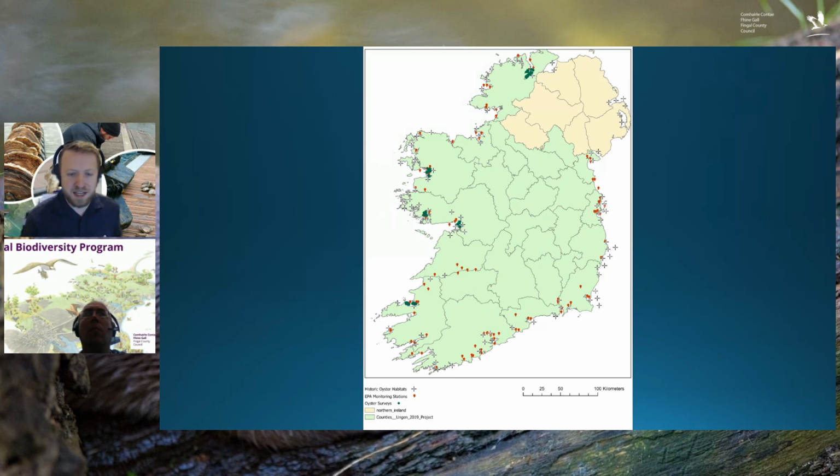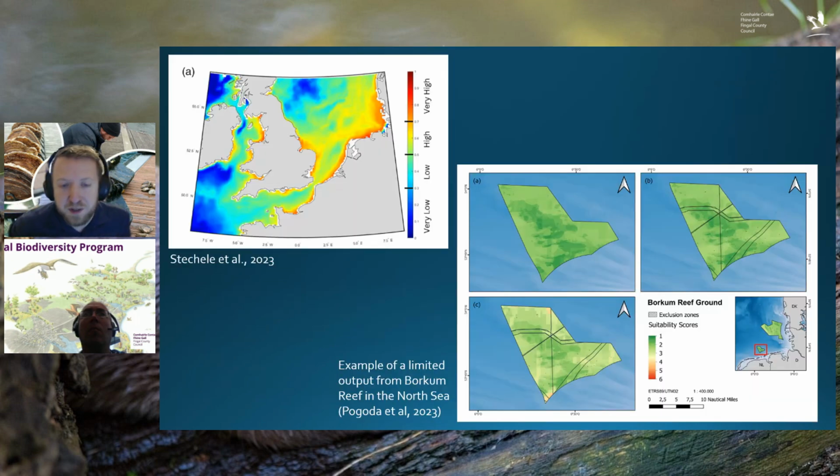And so with all this data, we hope to create some tools for Ireland so that managers can actually look at something that's pretty easy to digest and quickly identify where a restoration effort could occur if they're going to be investing money into it. So these are some examples of some of these habitat suitability index maps that other projects have done for other places in Europe. There's a very zoomed in example there in the bottom right. That's part of the research being done in the North Sea. That'll give you basically a map of where the best location would be to actually do a restoration effort.